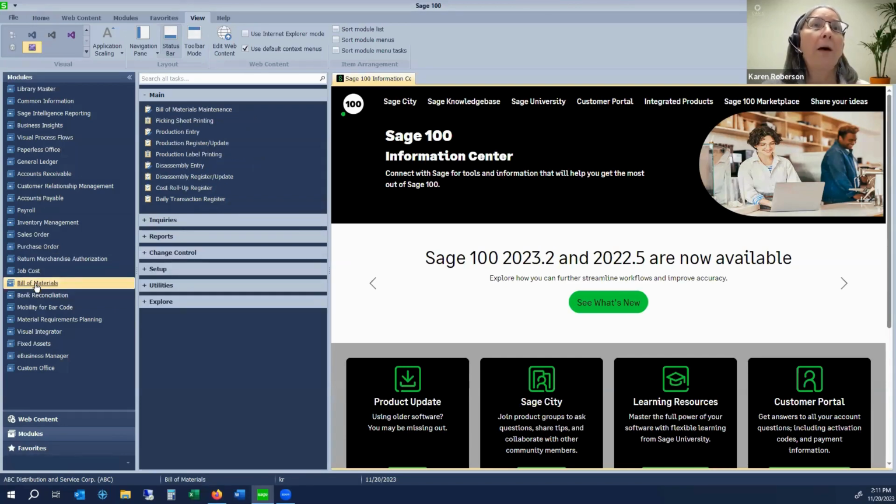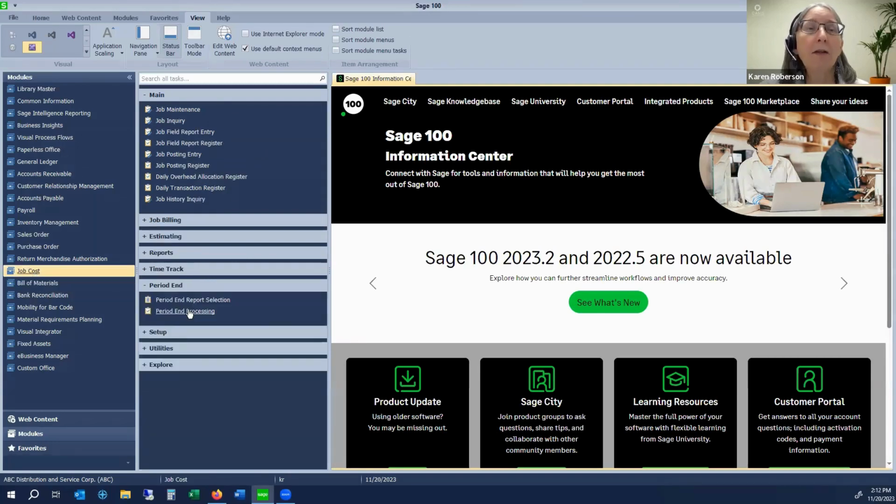Moving up, bill of materials. It does not have any kind of period in processing. Job cost does. So your period in processing here, this is a good time to tell you the single most